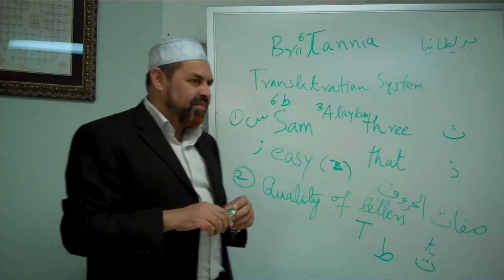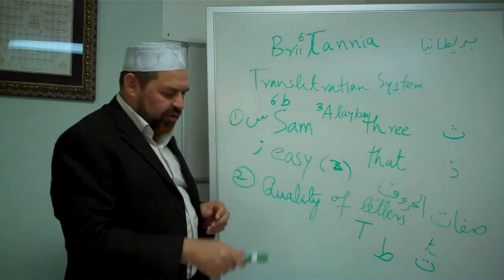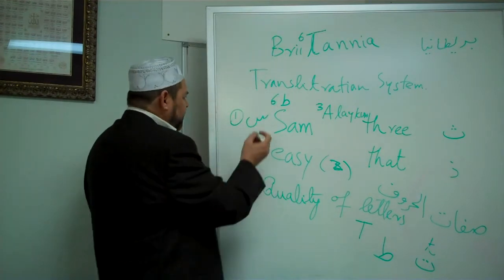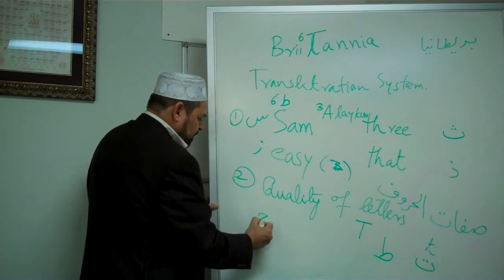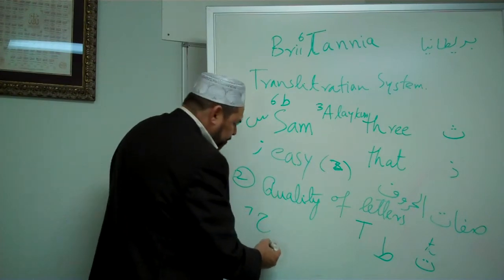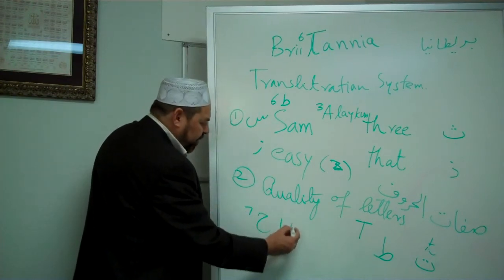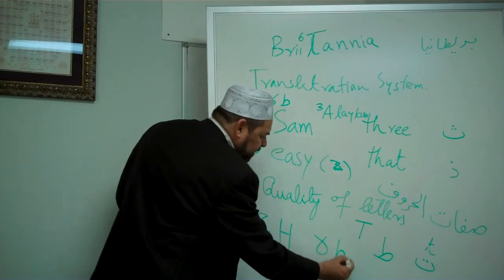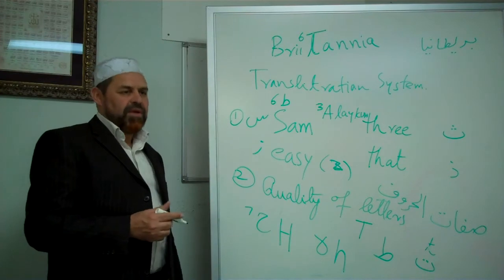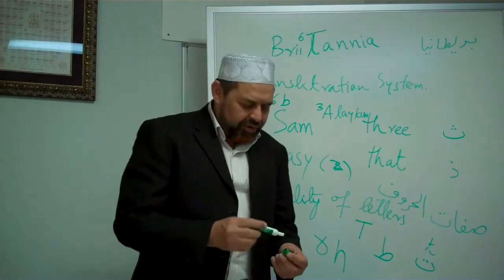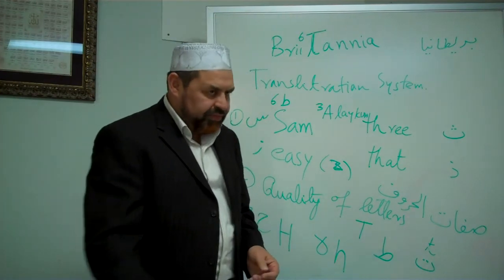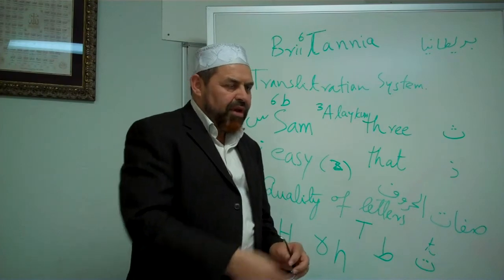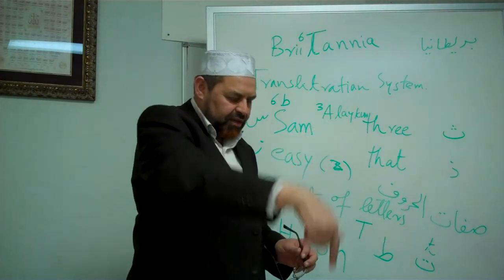How will you do Ha and Ha? Okay. For the letter Ha, we have number 7. Yeah, but in this book, how will they use it? Okay. In this book, for the Ha, they have used capital H for this Ha, and for the other Ha, they use the small case of it. Yes. And we are going right now for that. Maybe you would like to read that next paragraph.